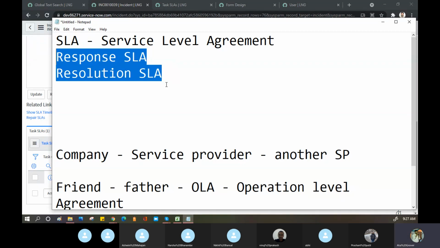Okay, so every time we follow this fundamental. You book any order from any e-commerce website, you get an email immediately. Yes, your order has been booked. That is called the acknowledgement. That is called the response. Response means just to acknowledge you got something. I'll give you one best example, a day-to-day life example. Suppose you are doing some work in your room.